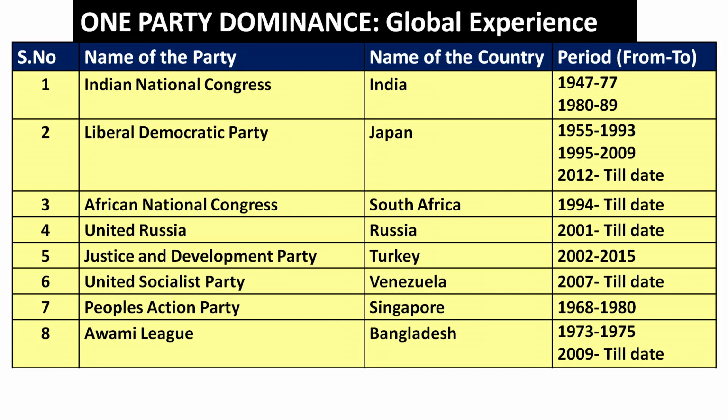Justice and Development Party of Turkey 2002 to 2015, then United Socialist Party of Venezuela 2007 till date, People's Action Party Singapore 1968 to 1980, Awami League Bangladesh 1973 to 75, and from 2009 till date Sheikh Hasina is continuing